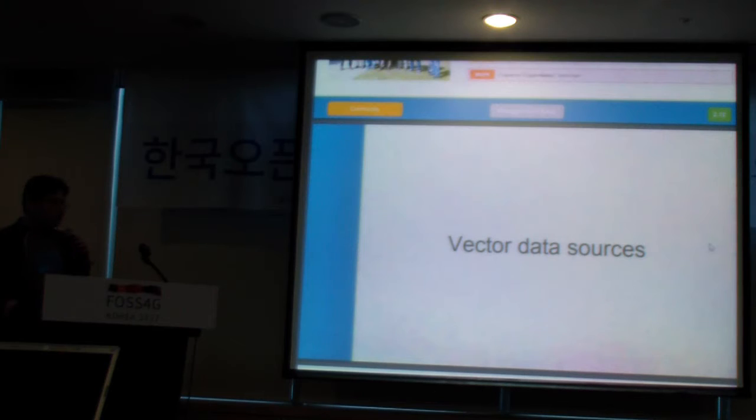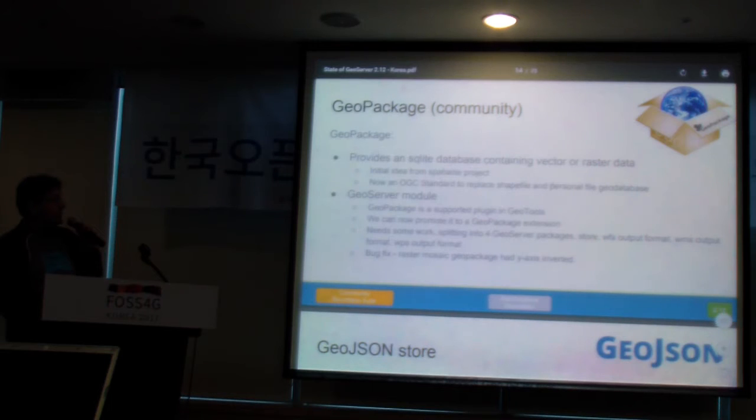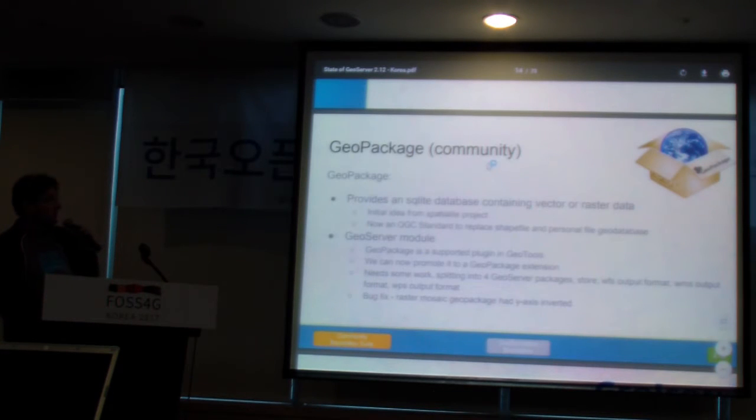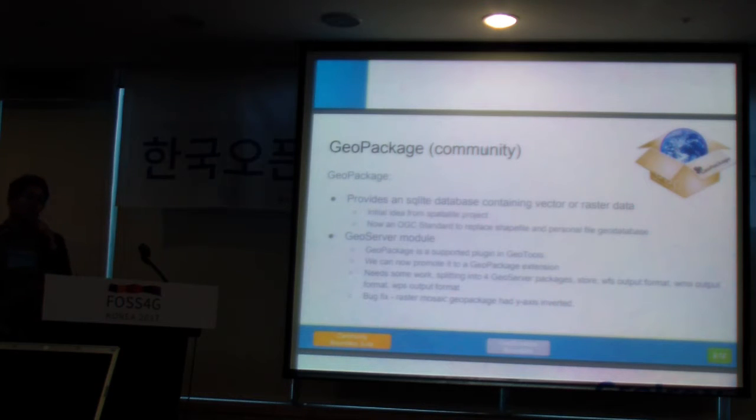So, going to what is new, we have categorized the novelties by topics. First, new vector data sources. GeoPackage, it says community here because it used to be a community module. Community modules are modules which are not maintained officially. Well, now GeoPackage is becoming a core module, given the importance of this format as a replacement for shapefile,